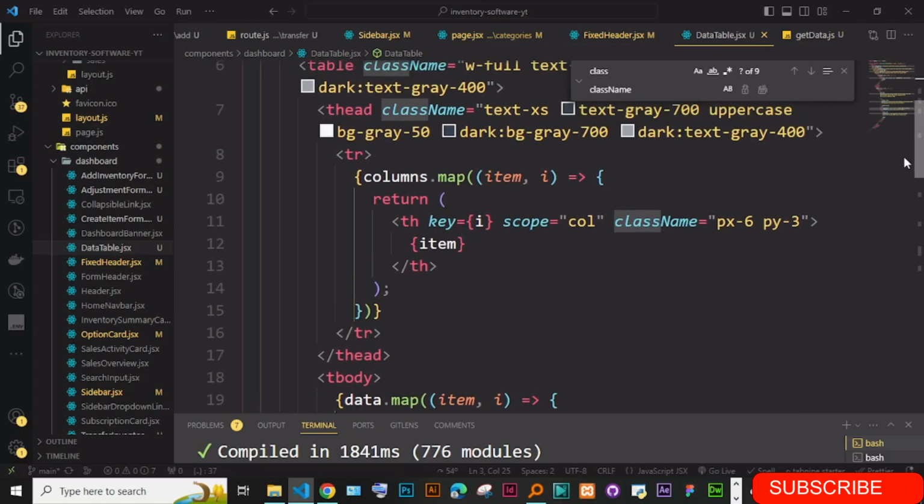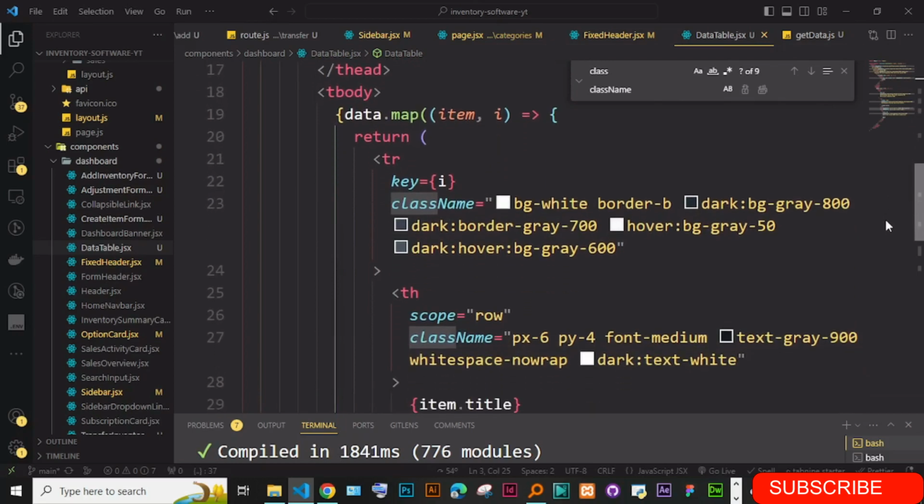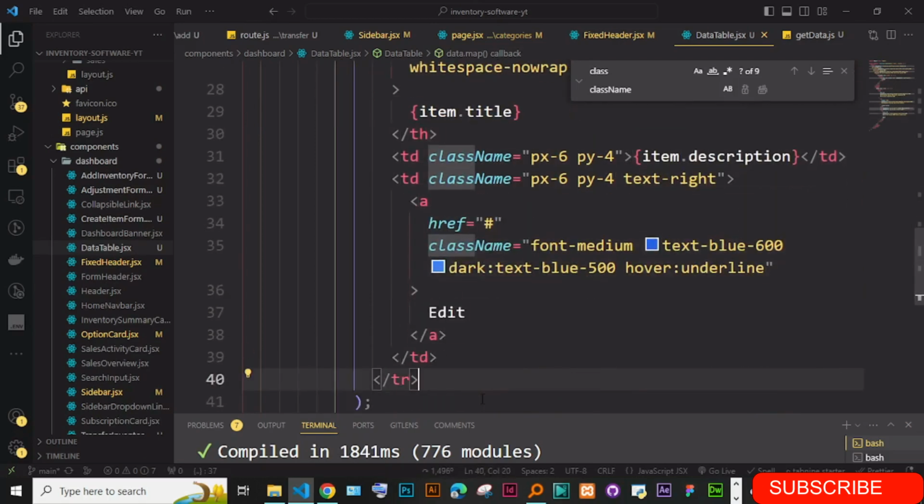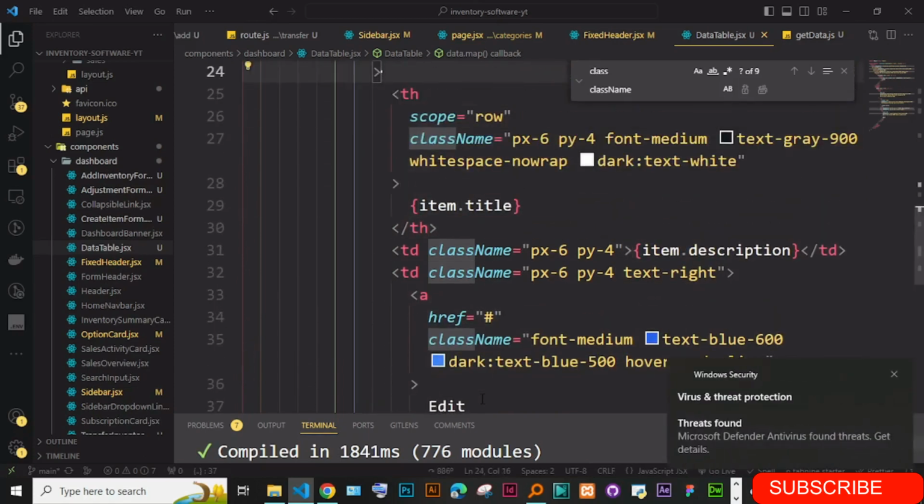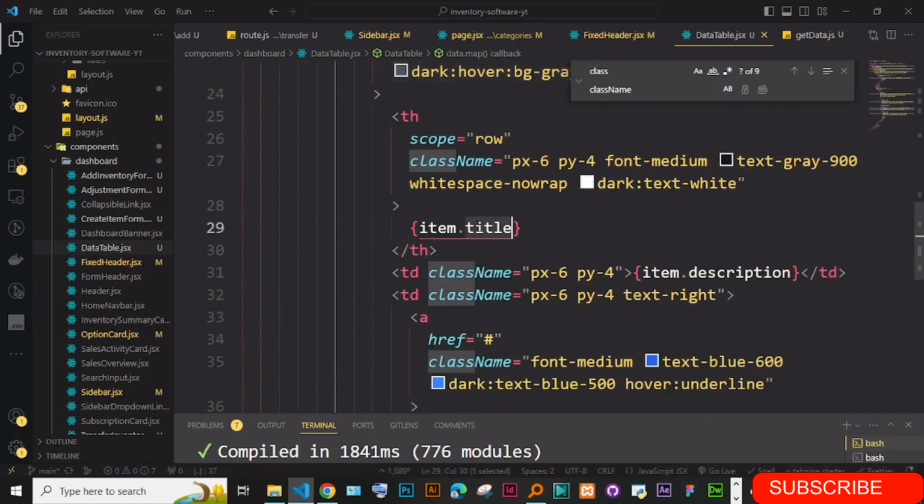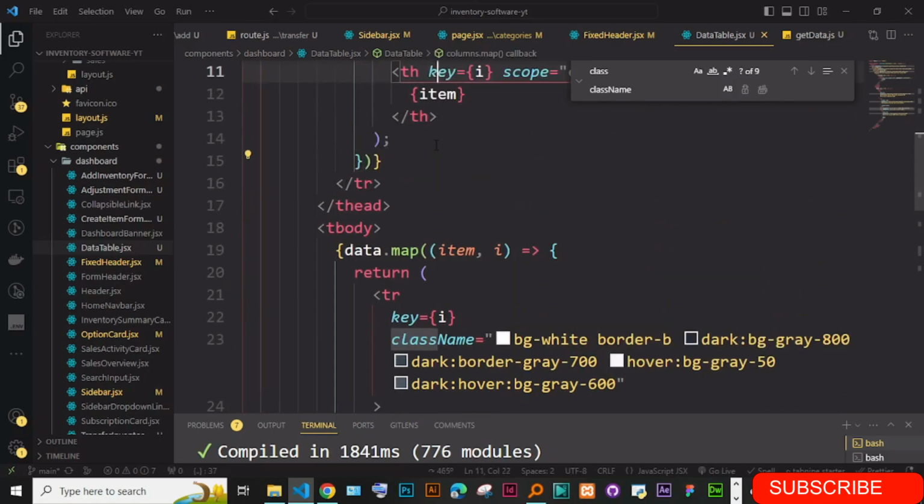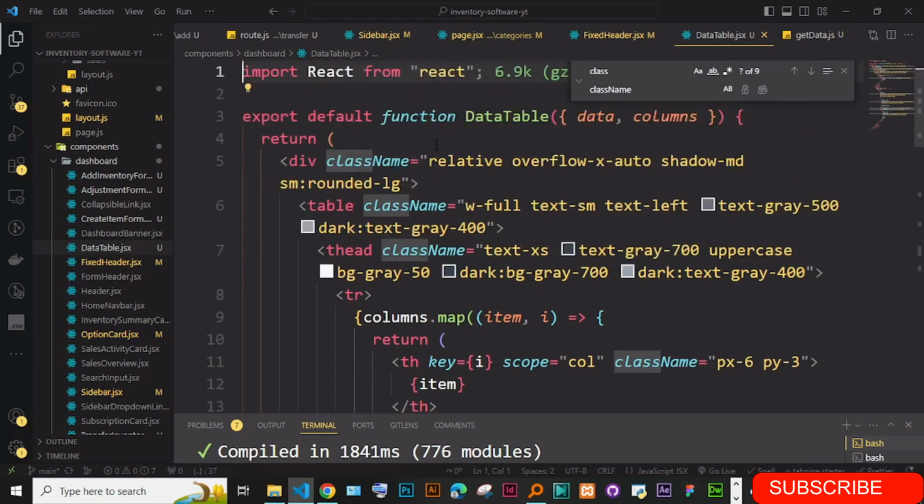Let's see. So we have here the data item, and then we'll be having item.title, and of course even item.description. This one looks like the columns. They look like our columns, but how do we match that? Because we need even these ones to be coming from their side. So that means that we could,